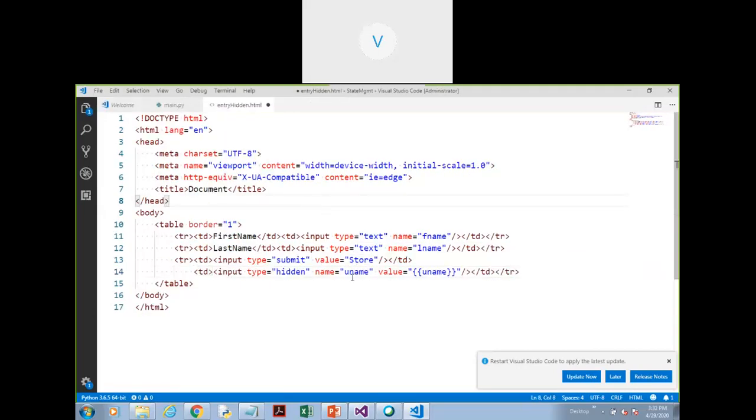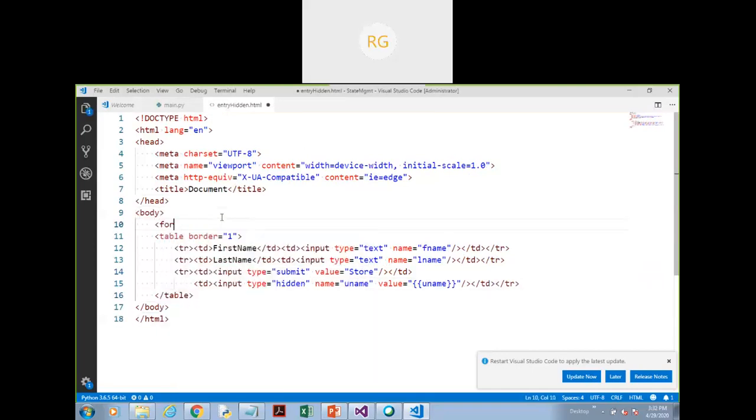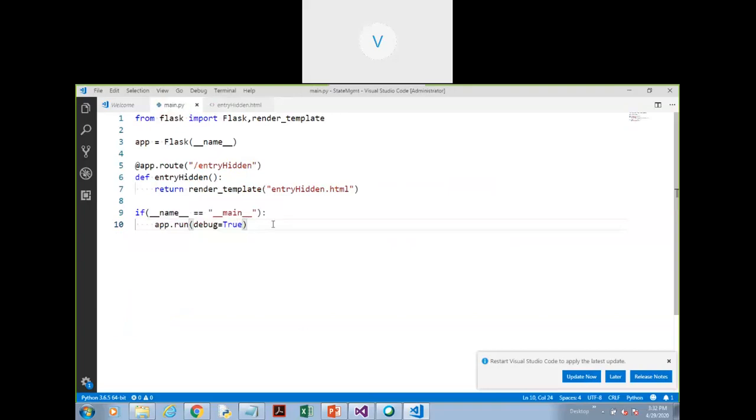So please look at the code. What I have done is I have created one HTML file in which I have a form. Form method is equal to post. एक्शन नहीं लिख रहे हो तो वो सेम URL पे पोस्ट हो जाएगा. So here form method is equal to post. Then we have F name and L name. These are the two text boxes we have. Then we have a submit button, and then input type is equal to hidden, name is equal to uname, and value is equal to uname. तो ये पेज रेंडर हो जाएगा.